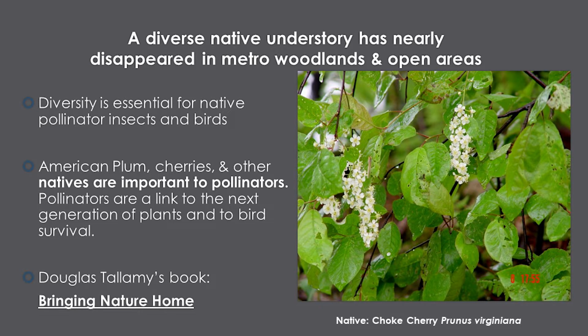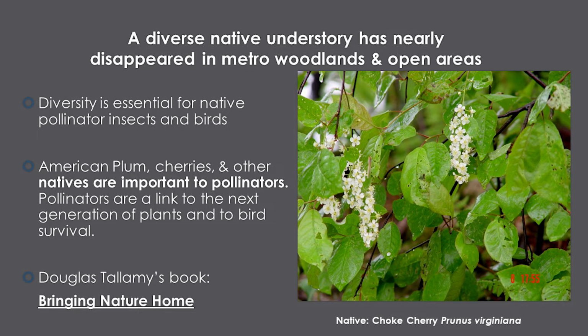Chokecherries. We've got 3 species of cherry that grow in Minnetonka: chokecherry, black cherry, pin cherry. A whole bunch of dogwoods. We've got red osier dogwood, gray dogwood, pagoda dogwood, silky dogwood, all kinds of dogwoods. We have American plum, all these plants that produce a whole host of flowers, pollen, nectar for our pollinators, and later produce fruit, and they're all staggered at different times.